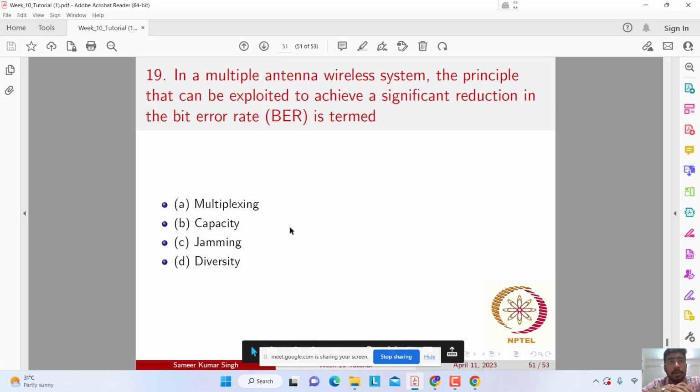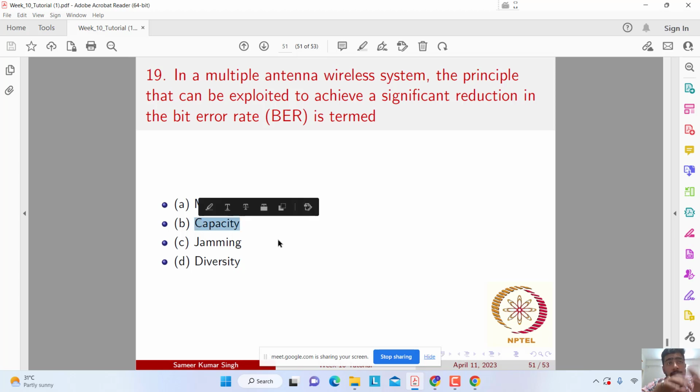So again, what is the capacity? In a wireless system, capacity is our major term, whatever we are doing to get better capacity. So how will we get it? Basically, we have the spectrum, which is denoted by the bandwidth. Next, we design a wireless system and calculate the SNR everywhere, or we can say SINR. To calculate the capacity, we are using